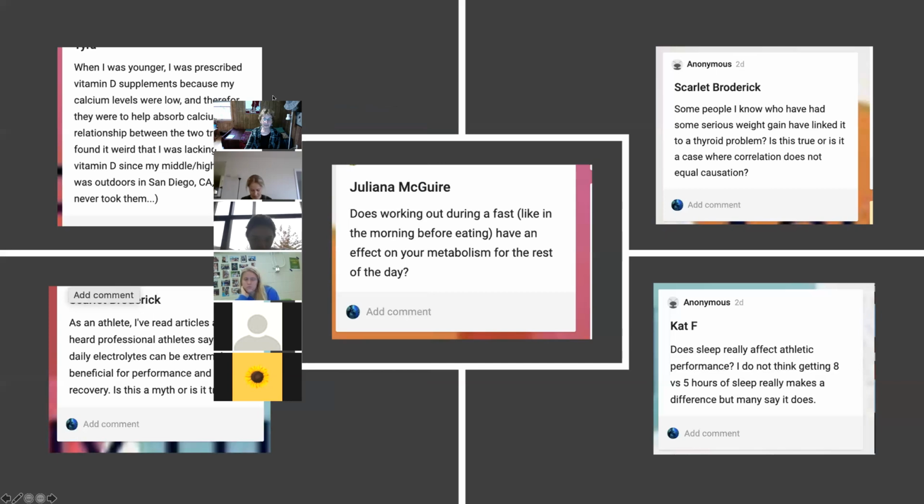Juliana, does working out during a fast have an effect on your metabolism for the rest of the day? What do you think? I don't know, because one time I took an Orange Theory fitness class, and the whole theory? What? A what theory? Orange Theory. It's just what the fitness class is called. And they said...